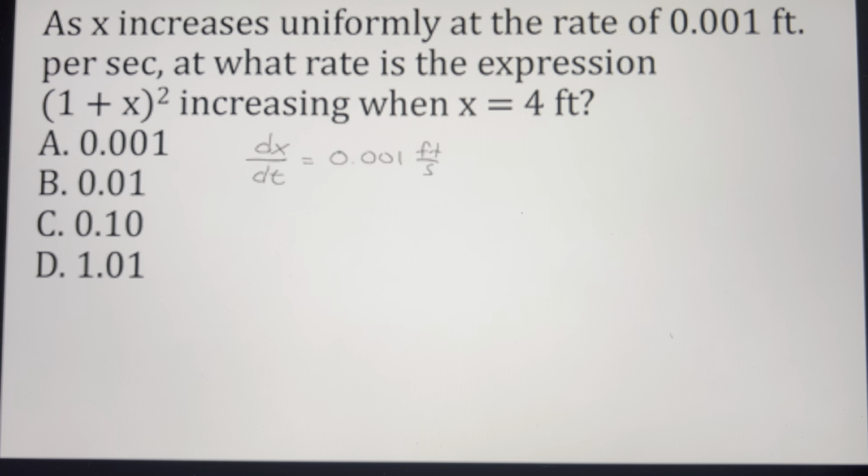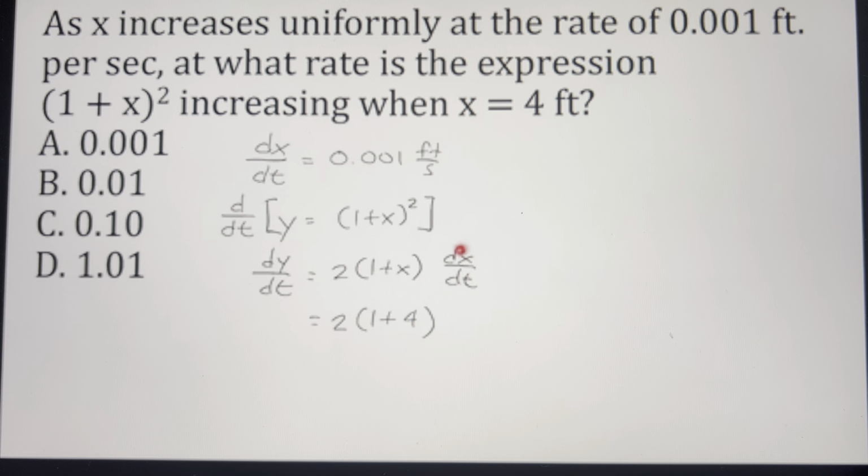So we are asked here the rate at which this expression is increasing. Let's say the expression is y, and that is (1 plus x) quantity squared. So let's get the derivative of both sides with respect to time. So this will be dy/dt is equivalent to 2 times (1 plus x), and the derivative of the inside, that is dx/dt. So substitute 2 times (1 plus x), when x is equivalent to 4, and then dx/dt is